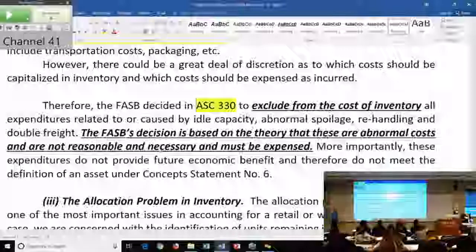And the theory is, there is normal spoilage, by the way, right? So you expect certain waste. If you're building a cabinet like this, you know that there's going to be some waste on some of the material. There'll be some evaporation in certain products involving liquid. So that is standard. But if it's abnormal spoilage, if it's idle capacity, if it is rehandling, so double freight,